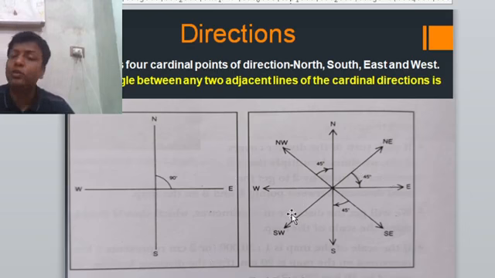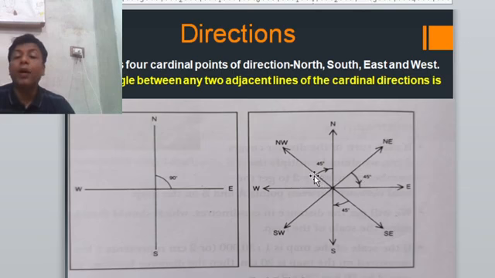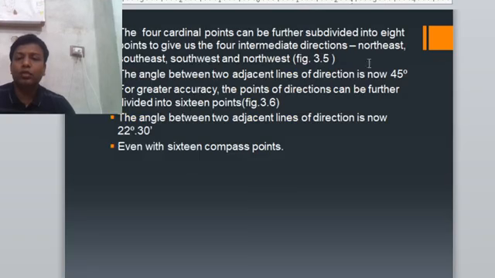And you have to understand well that northeast direction is 45 degrees. Definitely you find directions in the clockwise manner on the topographical sheet. So like this, you have northwest direction, southeast direction, southwest direction, like that. Okay. Now you have an idea of northeast, southwest, northwest, like that, subdivided into eight parts.